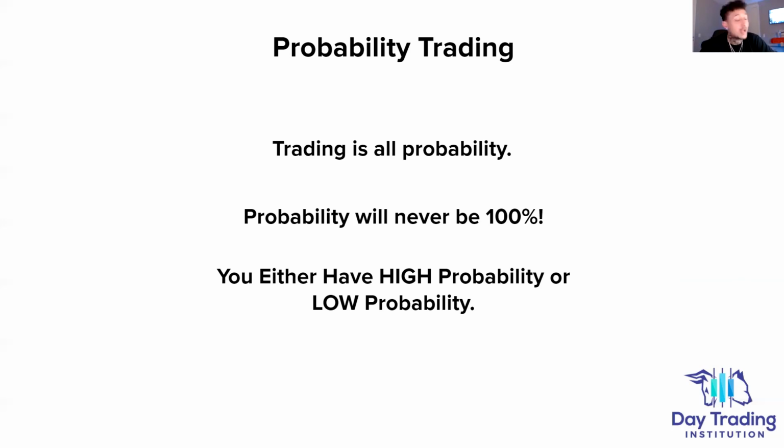Now, again, you have a higher probability, right? You as a trader need to determine what your high probability setups are versus what a low probability setup is, and then manage your risk accordingly. In your high probability setups, you probably want to use a heavier position size than when you have a low probability setup, because again, the odds are more in your favor for it to play out. But just because the odds are more in your favor for it to play out doesn't mean it will. Just like the casino has a 5% edge over their gamblers, it doesn't mean that the casino is always going to win every single time. They're going to have that loss